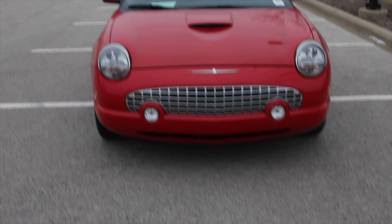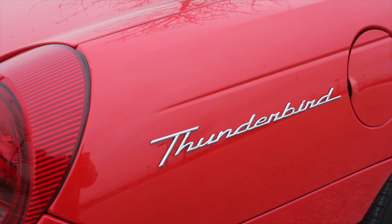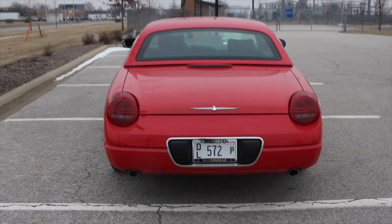The headlights look retro. Obviously, the Thunderbird name is retro. The fact that the Thunderbird name is on the back fender is retro. This car was really designed to compete with the PT Cruiser, with the Plymouth Prowler. All of these cars in the early 2000s were venturing towards throwback 50s-ish cars. And so honestly, this is really cool, because the second I saw this on Chevy's website, I knew I had